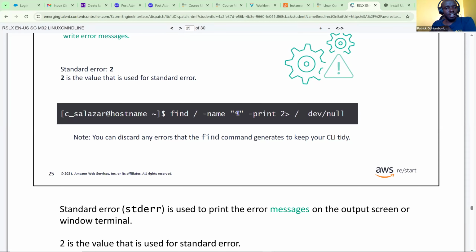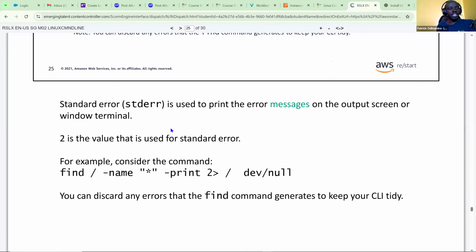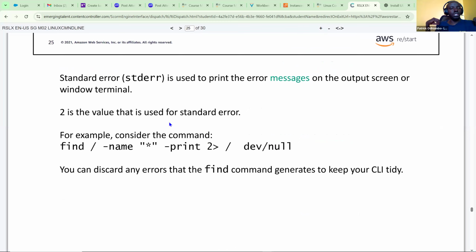So it's like there is a file in that destination where you're supposed to output the error to. Note, you can discard any errors that the find command generates to keep your CLI tidy. Because if you just leave it like that, it can cause you many problems, clogging with errors, because errors sometimes can be scary. Standard error, or STDERR, is used to print the error message on the output screen or window terminal.